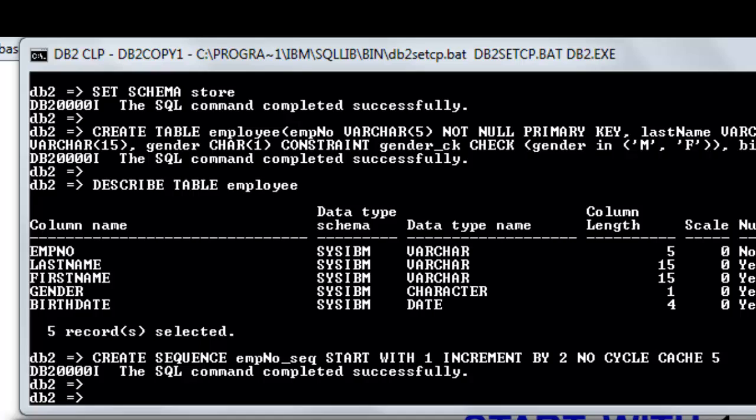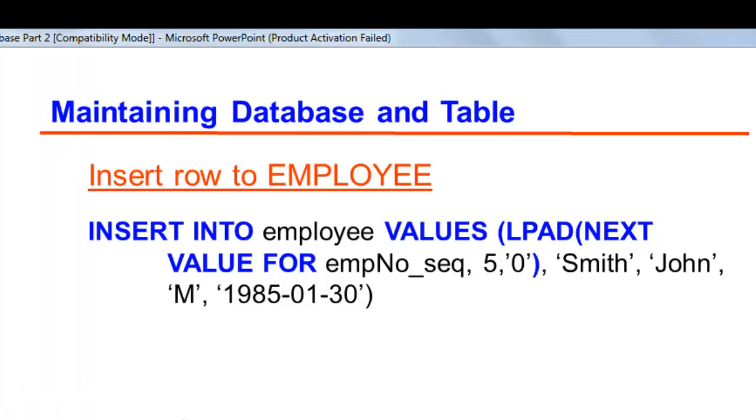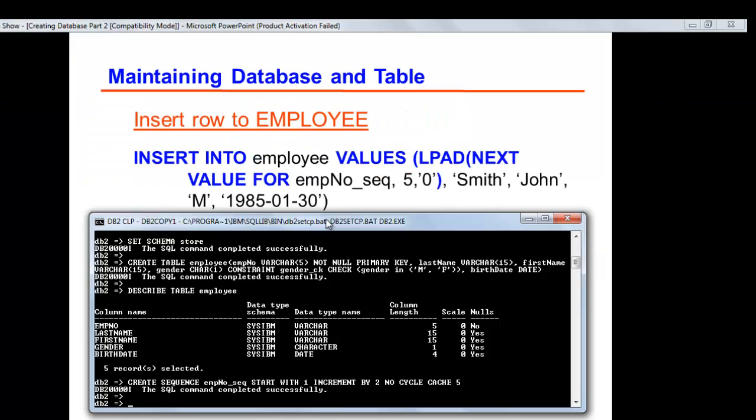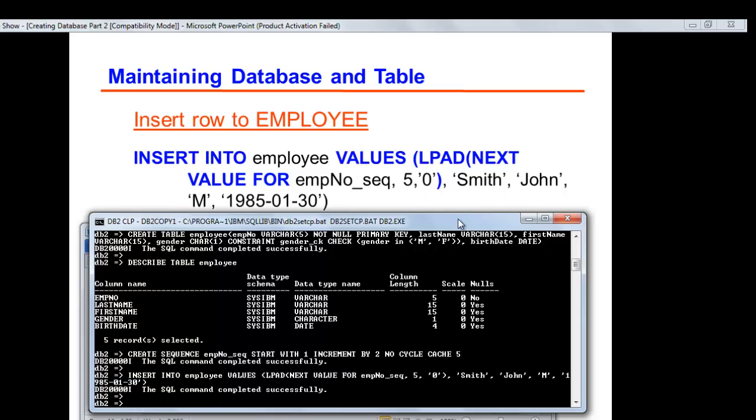To facilitate the use of the sequence, we will use the next value expression to return the sequence value in our insert command. So this would be our statement. When you display all records, we will have this.